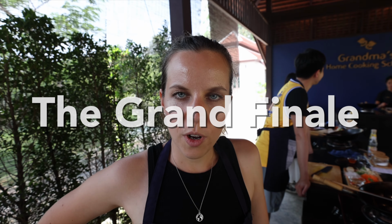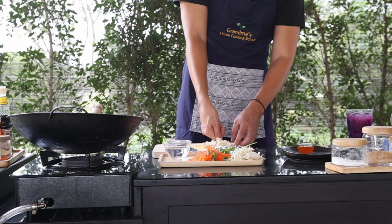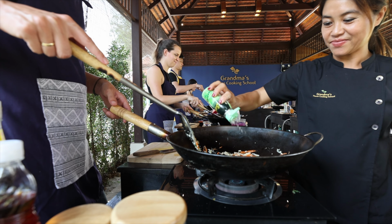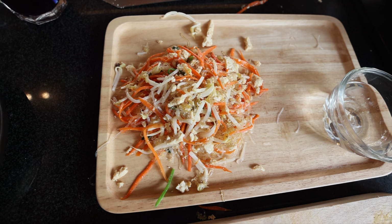Okay, now we're going to appetizers and dessert. First, appetizer, spring rolls, fried. Everything's fried today. So this is the filling of the fried spring rolls, and now we let it cool down, and while that happens we are preparing this outer layer. I don't even know how it's called, like this wrap tortilla kind of thing,